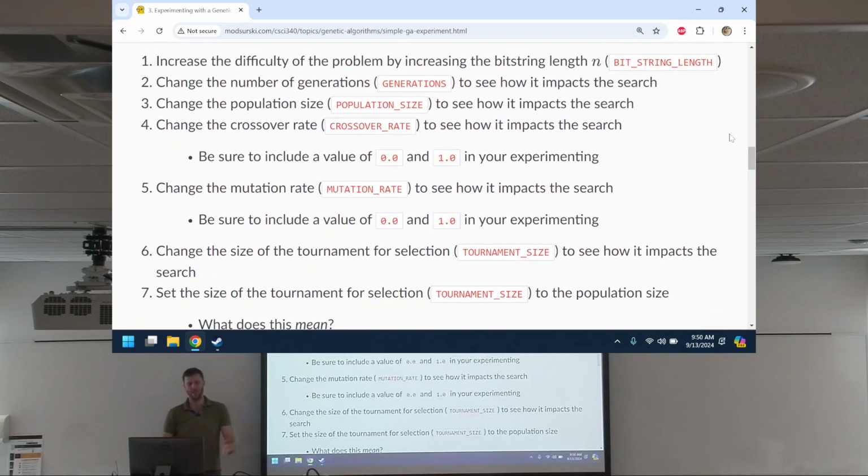So for the sake of moving along, let's talk a little bit about this. We increase the difficulty of the problem. Obviously, if you're looking for bigger numbers, you make the problem more difficult, right? Right now, how big is the search space? When I talk about the search space, I mean, based on our encoding, the representation of zeros and ones of length 10, how many different possible values are there?